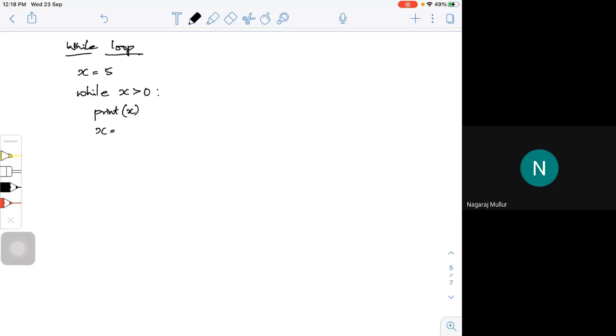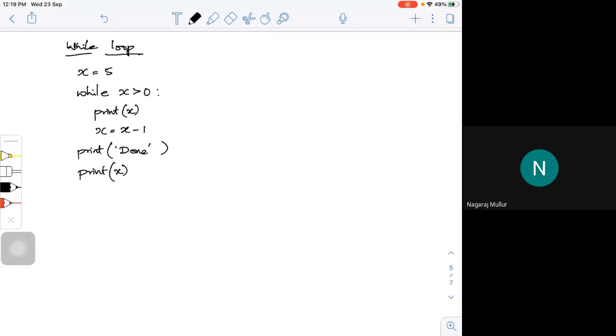Then I will try to decrement it. So here I am trying to check for x greater than 0, and I will try to decrement it, where x is equal to x minus 1. Then I will have some kind of statement for when I am done with whatever I am telling it to do. If possible, I will also try to print the value of x outside the loop. Once I am done with that, I will ask what is the value of that particular x. So that's this particular thing.